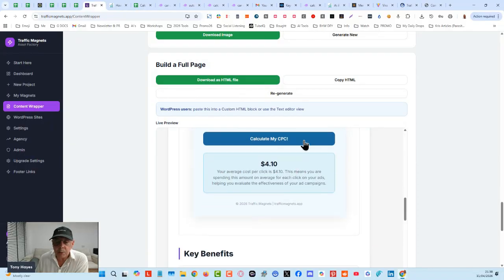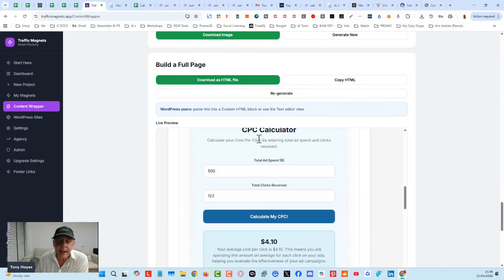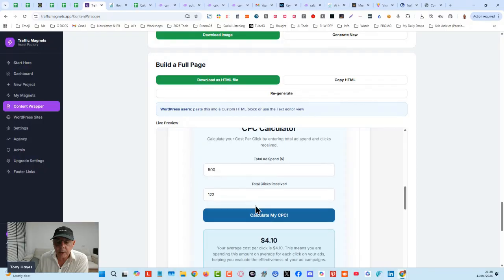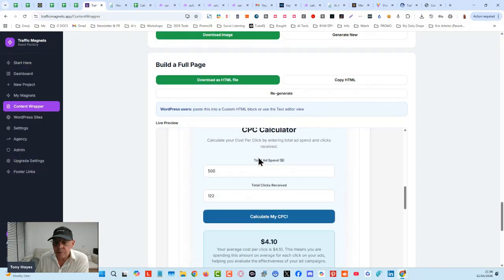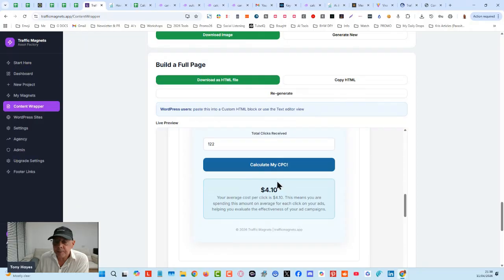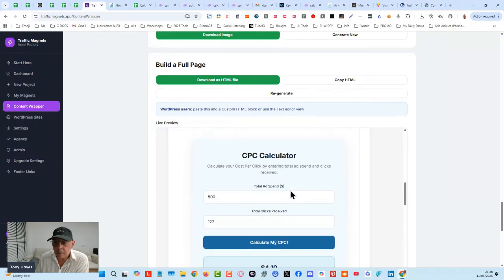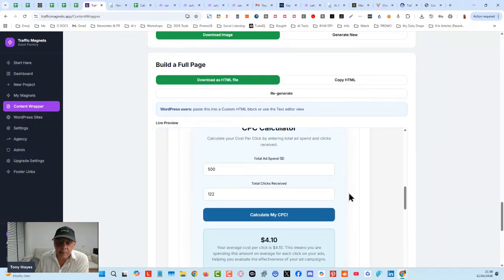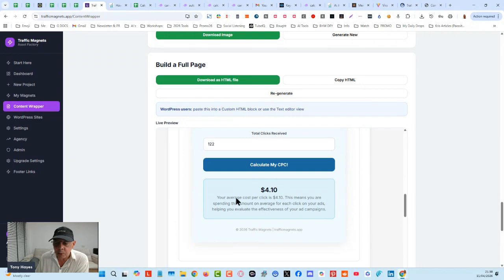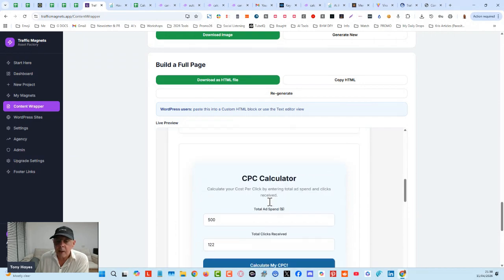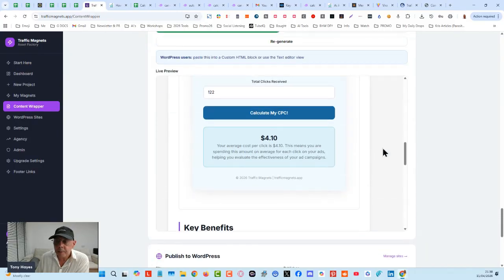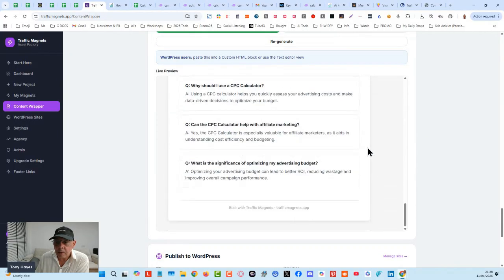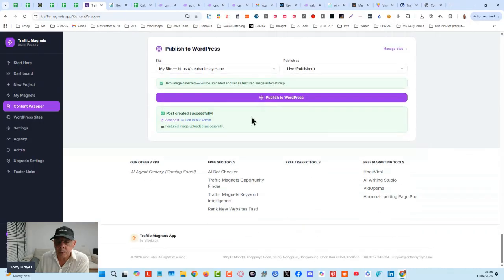It should have in here as well the ability that we can go and add extra fields. So we can say visitor value. We could say the conversion rate. We could say anything that we want, how much traffic we're getting into the page as well, and do some different calculations. This is a very, very simple example, but we can do far more, sort of multi-step calculators is the word I'm looking for.